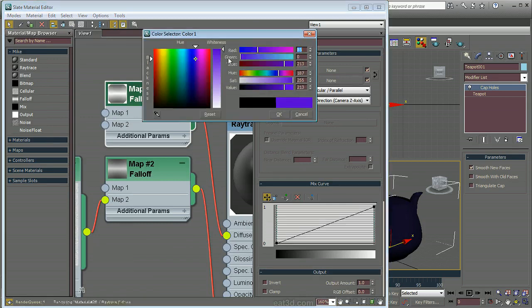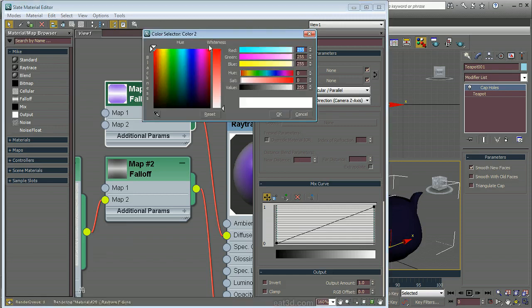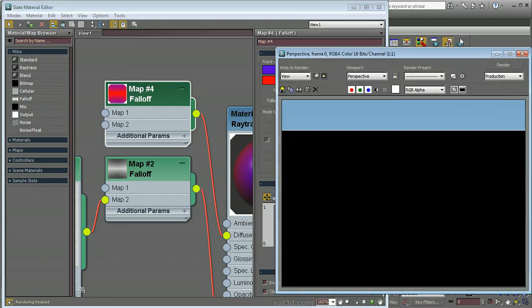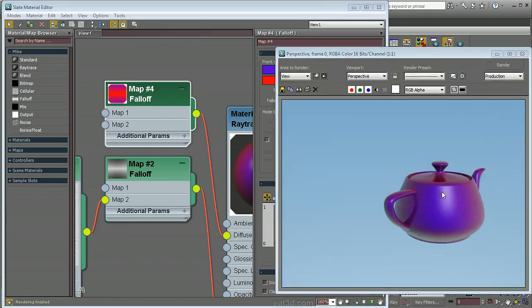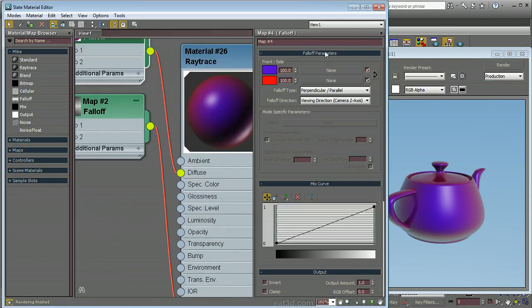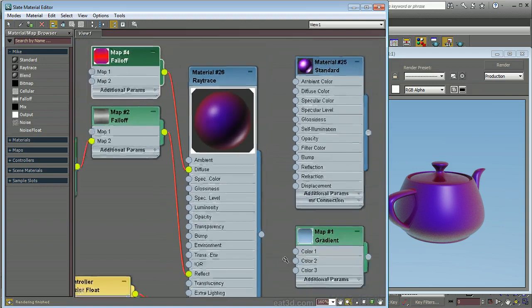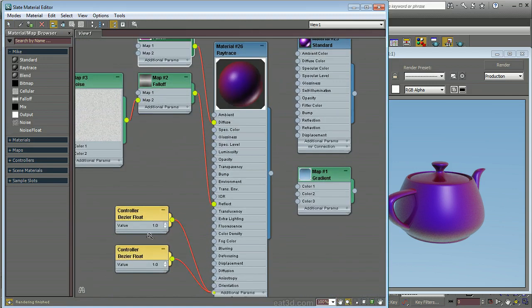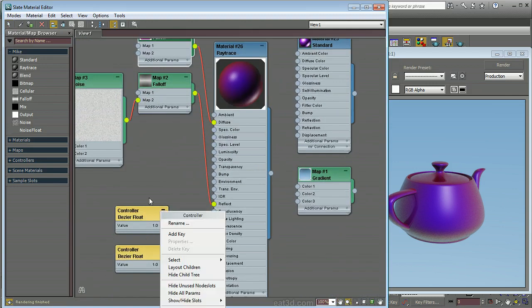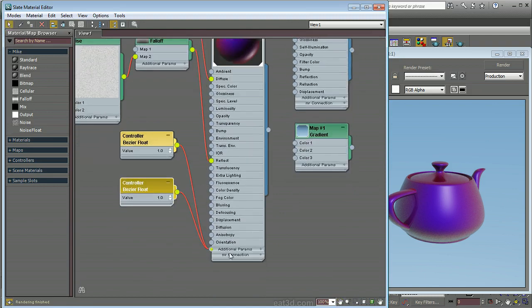So if we wanted some sort of interesting sheened painted color or something like that, then we could get that out of that fall-off map. And one thing that you'll notice if we just hide this and zoom out a bit is that we're getting the controllers for each one of these. So when I go here, you can see that we have these two Bezier controllers, and those will show up